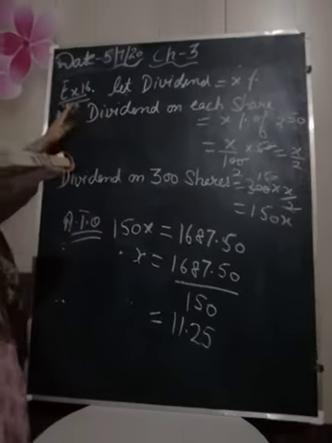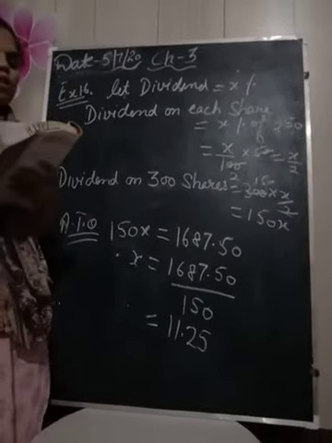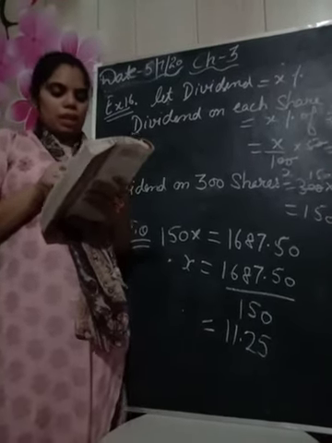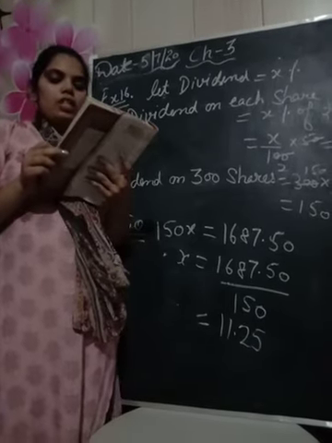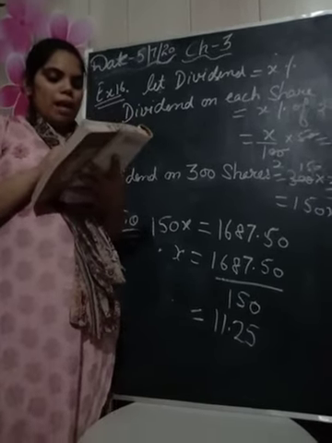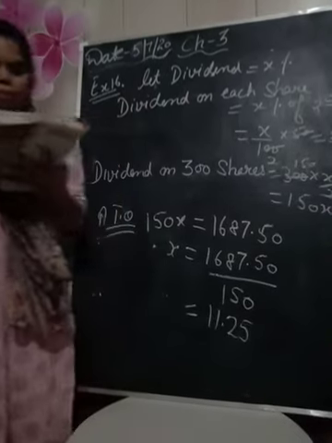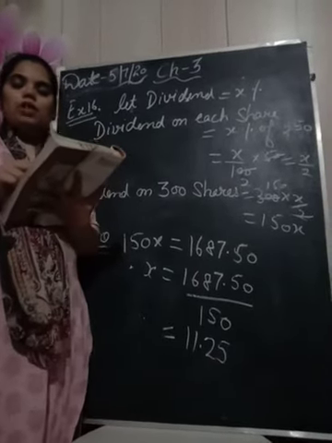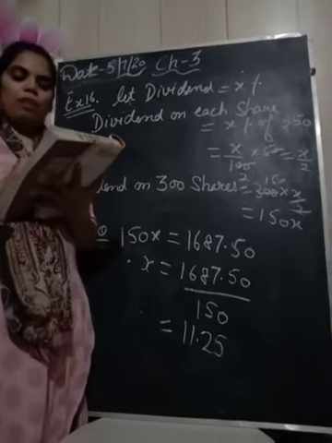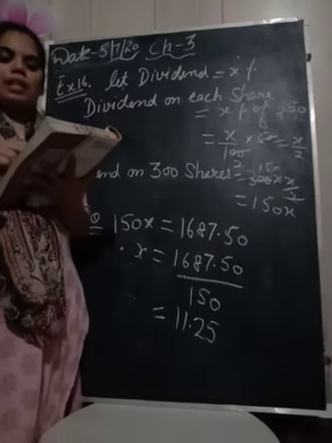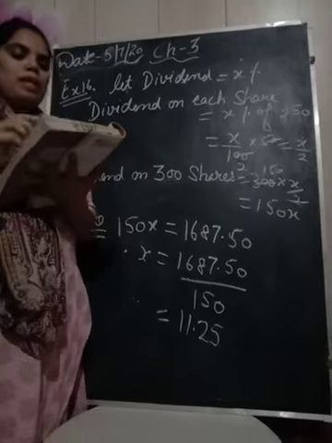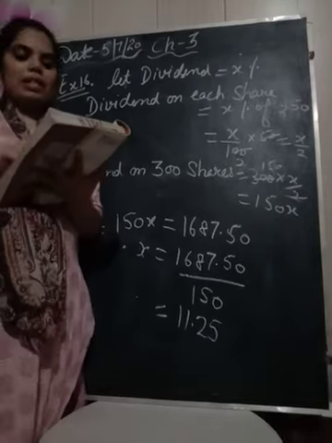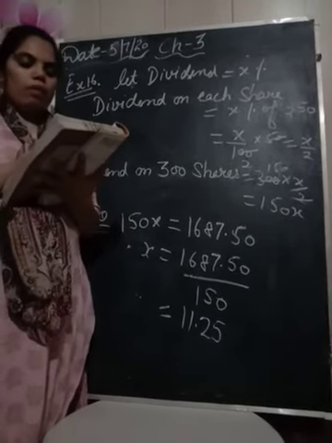Okay, next my students, we will discuss example number 16. Next is Ashok and Sandeep invest rupees 18,000 each in buying shares of two different companies. Ashok buys 7.5% of 100 rupees shares at a discount of 20%. Means in this question two persons are there, Ashok and Sandeep. Ashok and Sandeep both have invested 18,000 rupees in buying shares of different companies.